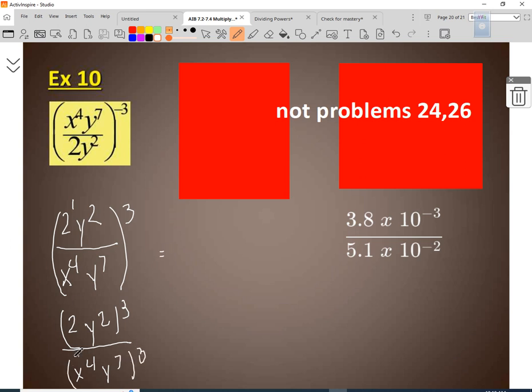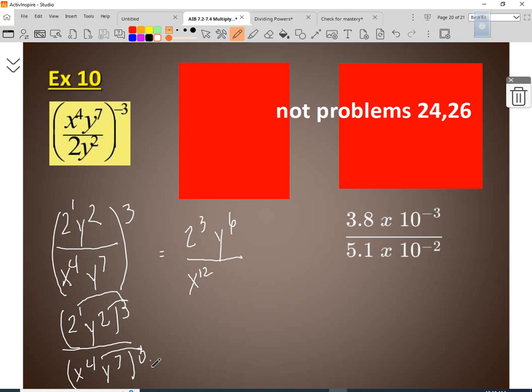Now we can do the step that I just was doing. So to the 1st, that gives me 2 to the 3rd power, y to the 6th power, over x to the 4 times 3 power, or x to the 12th power,